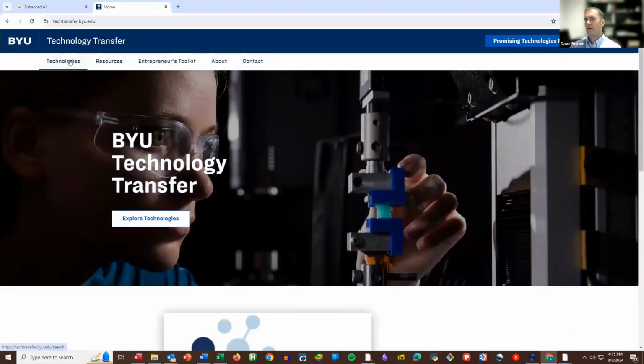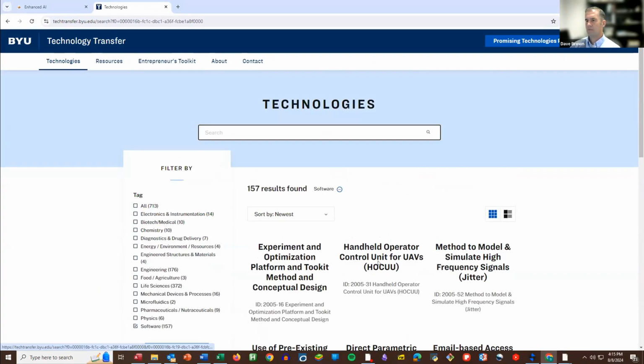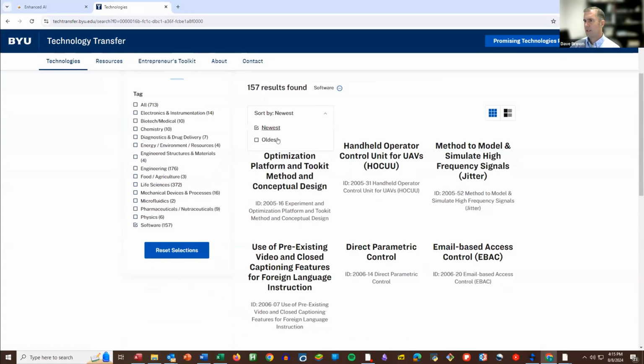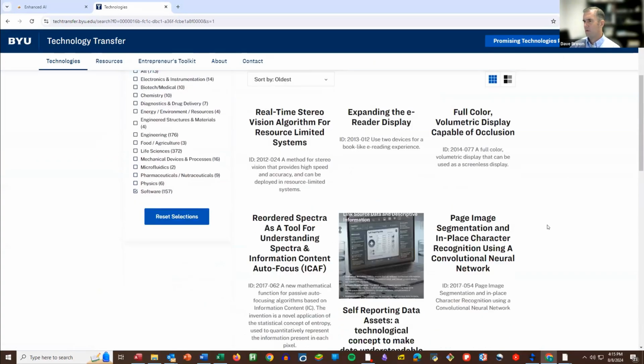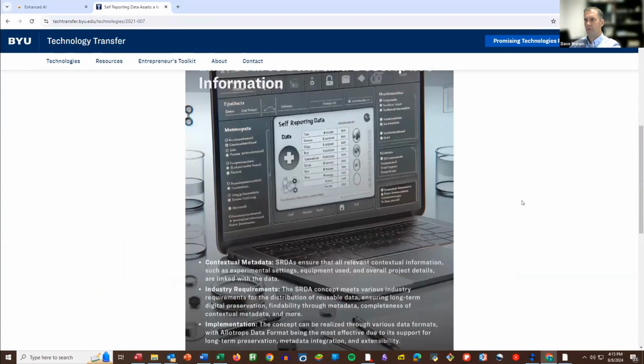So for our technologies, what we'd like to do to make it easier for people to understand them is to show them these kinds of product sheets. And let me find one. We want you to be able to visually see a technology, have a mock-up of what it looks like.